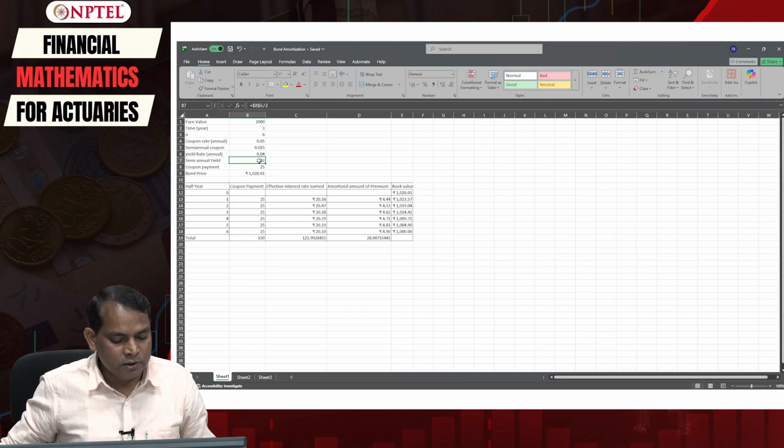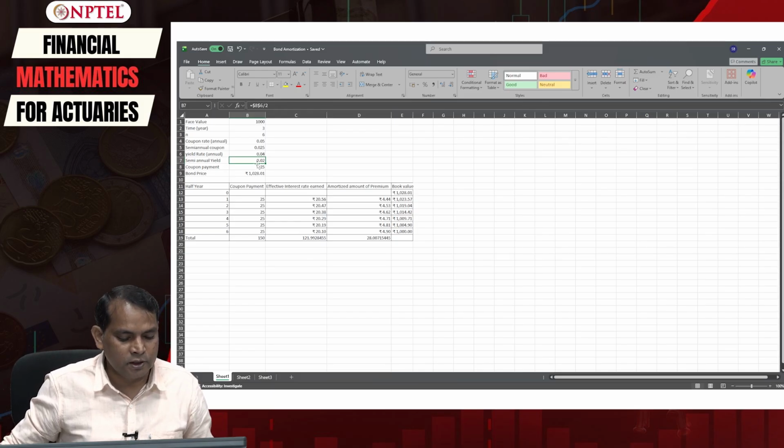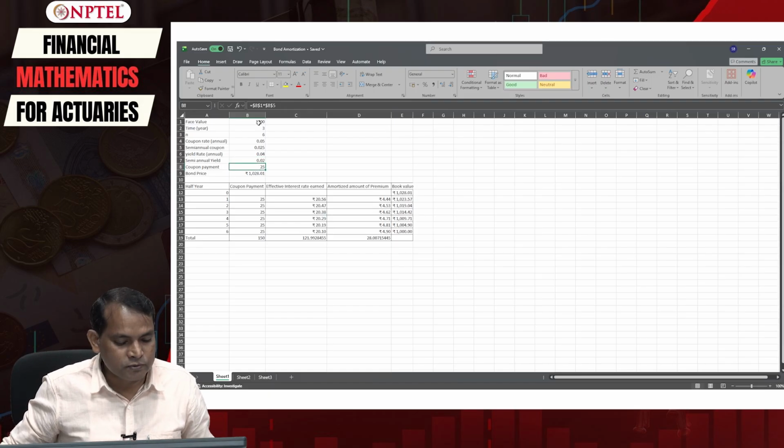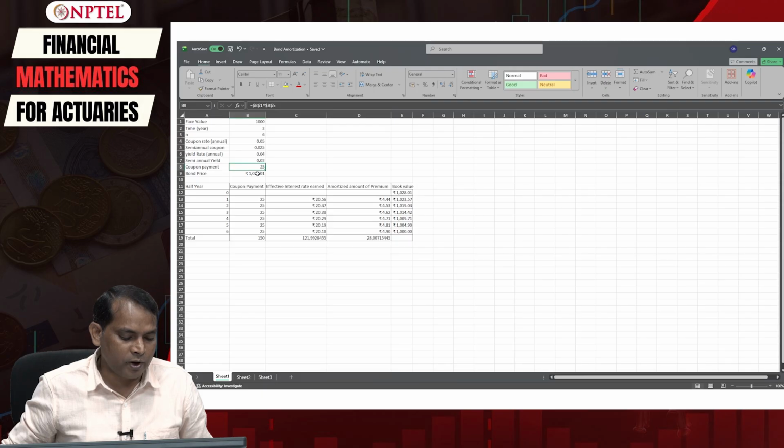The coupon payment is equal to 25, that is the face value multiplied by the semi annual coupon rate, so 1000 multiplied by 0.025 gives you 25 rupees coupon payment, that is the FR. And to compute the bond price you will use the present value formula.